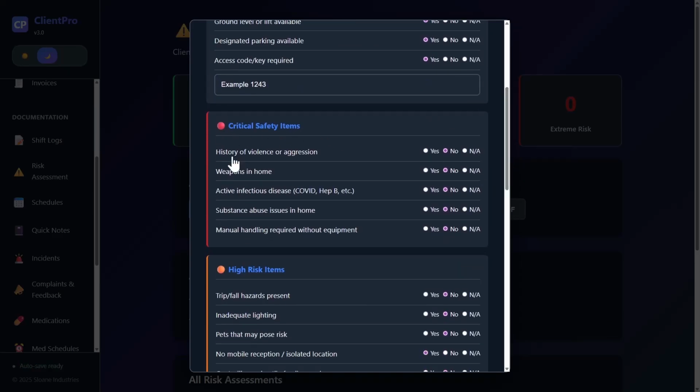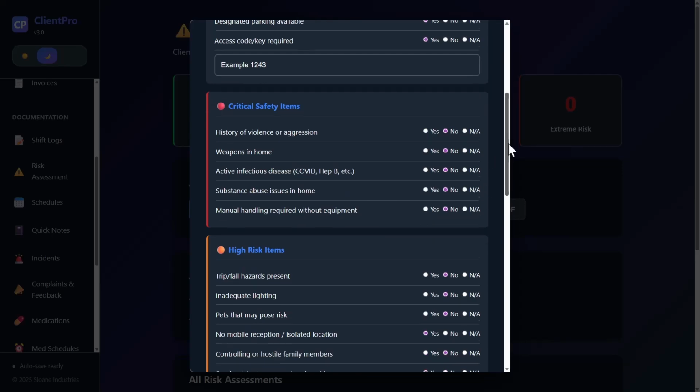Critical safety items, a history of violence or aggression, we don't have a problem with that. Weapons in the home, no, that's not a problem. Active infectious diseases, etc. No, that's not a problem. Substance abuse issues in the home, no, we don't have a problem with that either. Manual handling required without equipment, no, we don't have a problem there, so that's part of the marked